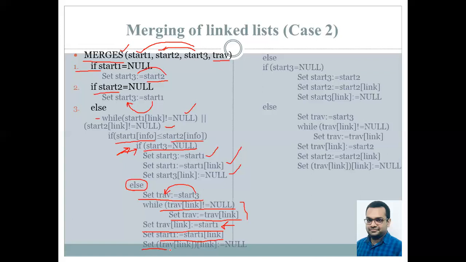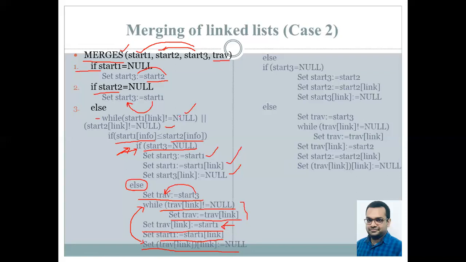And now this is a very important statement where we set traversal link of link equals to null. Because as you can see from this statement, traversal's link takes us just to the last node. Whenever we add a last node, its address will be in the traversal's link. And then setting its link of link as null here will cause the last node's link to be null. And as we all know, in a linked list, the last node contains the address part as null.